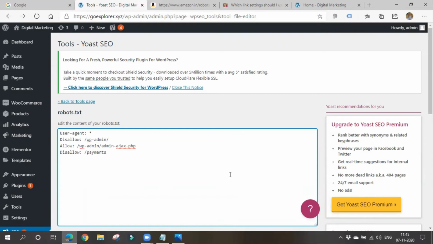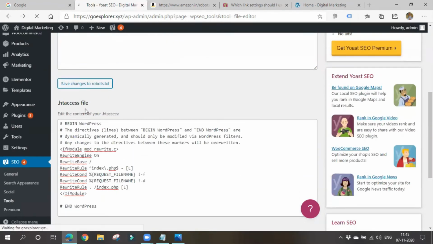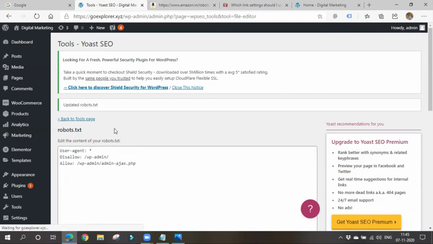Got my point? In simple terms, robots.txt is helpful to tell Google and the server which things are to be crawled and which are not, which things should be displayed to the user and which should not be displayed in search results. Like this, it will be safe. Okay, done? Clear? Yes, ma'am. Simply click on Save changes and it will be done. Right, now let's go to the next topic.